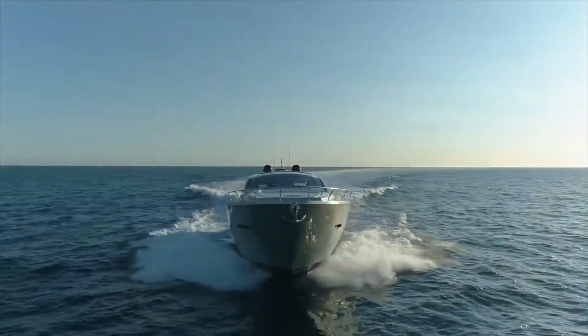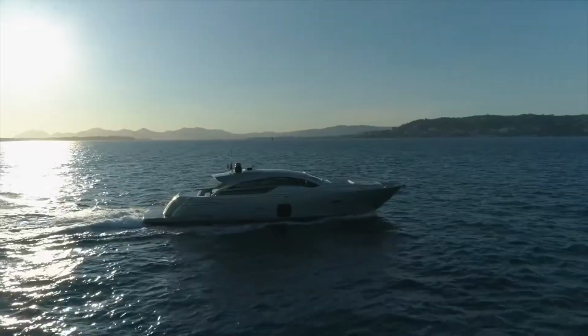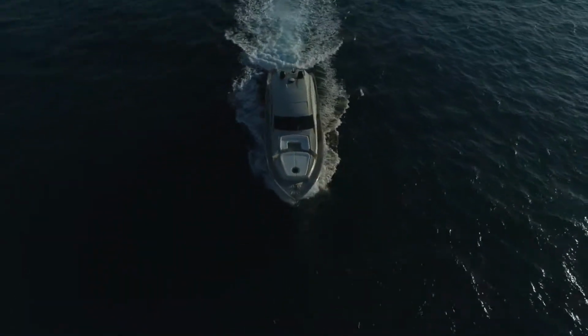He can get from Antibes to Saint-Tropez in half an hour. In the summer, when traffic is at its worst, you couldn't even do that in a Ferrari. The lines of the yacht are designed by Fulvio Di Simone, and she's one of those yachts that looks fast